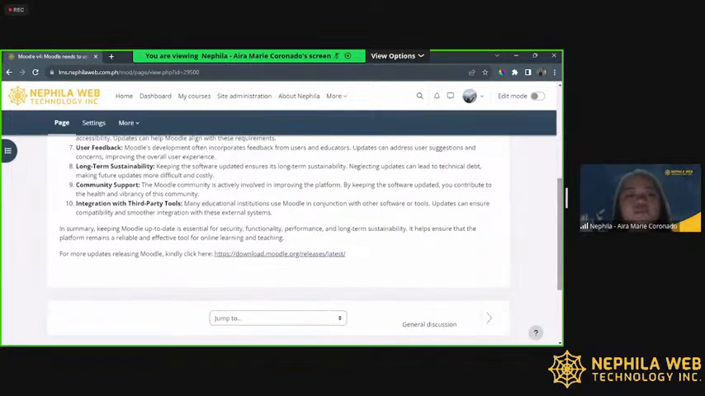Next is integration with third-party tools. There are many educational institutions who use Moodle in conjunction with other software or tools. Updates can ensure compatibility and smoother integration with these external systems. So if you are using SSO integration or other software integration, updates with Moodle can help with smoother processes and